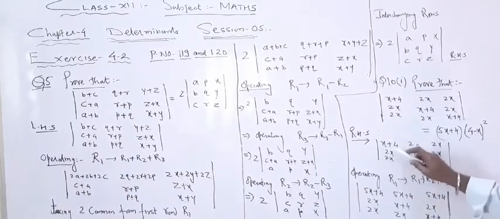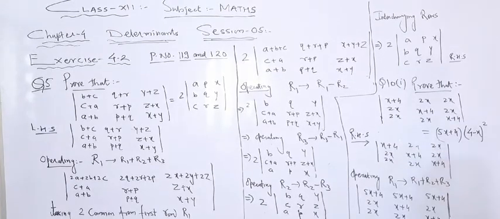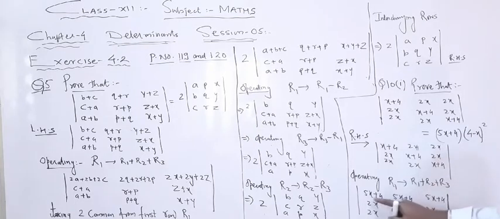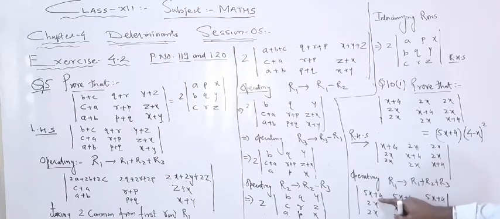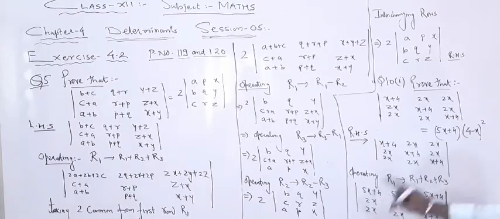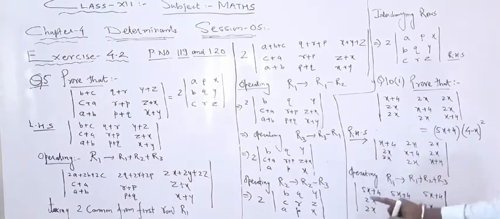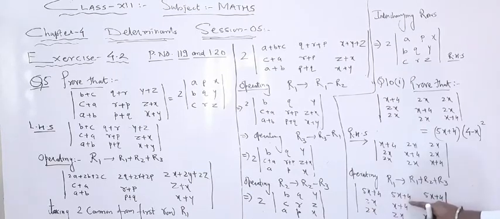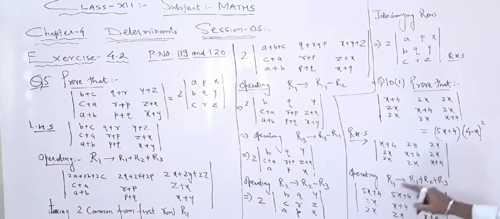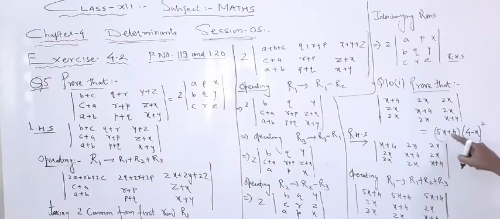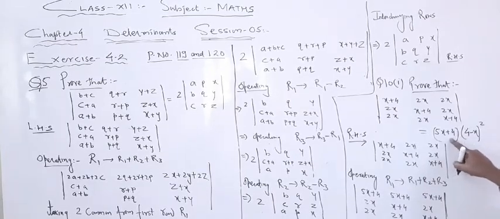x plus 4 plus 2x plus 2x. Similarly, in the other quantities also. So, the first row will become 5x plus 4, 5x plus 4, 5x plus 4. Whenever you operate on any row, don't touch the other 2 rows. So, this is one very important step: you replace R1 by R1 plus R2 plus R3. So the first row will become this, and how did I get the hint? I got the hint from the right hand side.